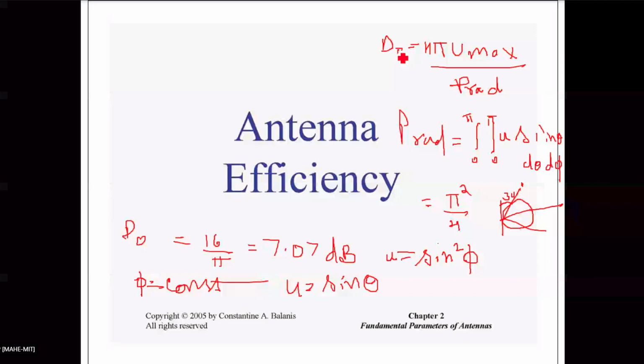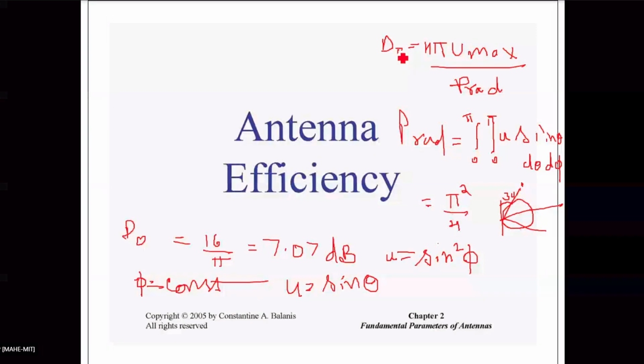At a distance of 100 meters from the antenna, the total electric field E theta is equal to 5 volts per meter. Find